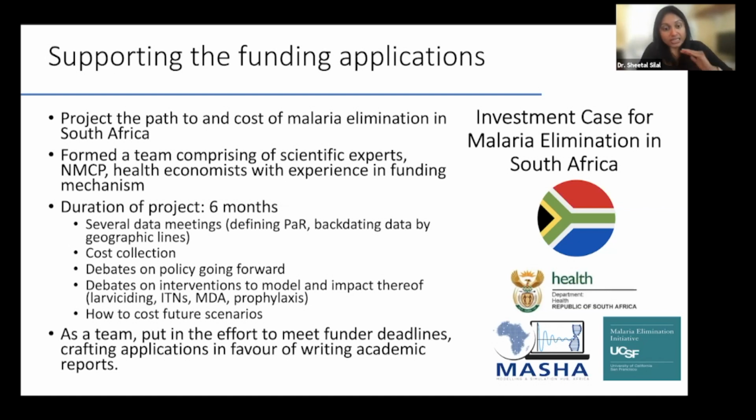And once we had this level of discussions, we were then able to incorporate it into our models and design a set of scenarios that may or may not lead to malaria elimination. And one of the scenarios that we implemented, and this really was novel in terms of using domestic resources, and was applauded by many of the global funders as a decision, was to do what we call source reduction,